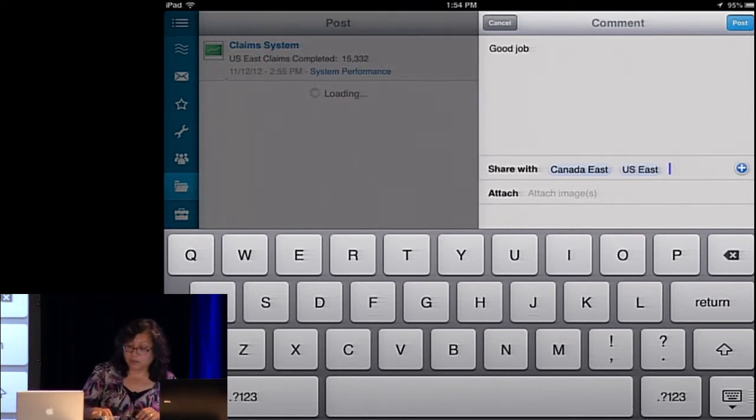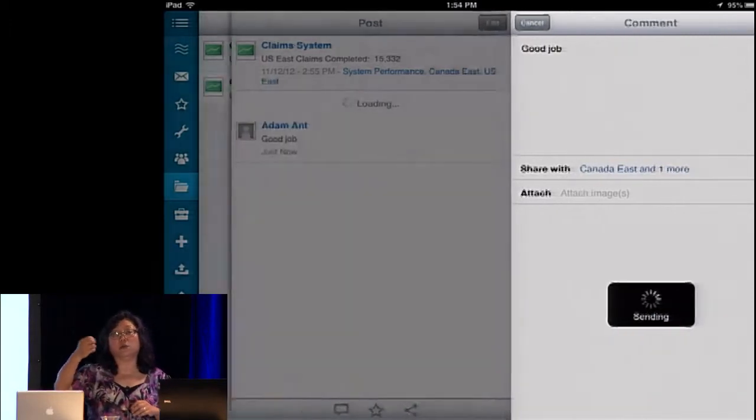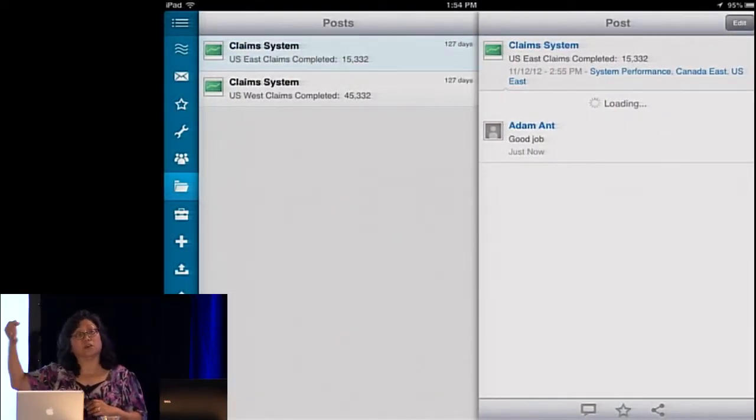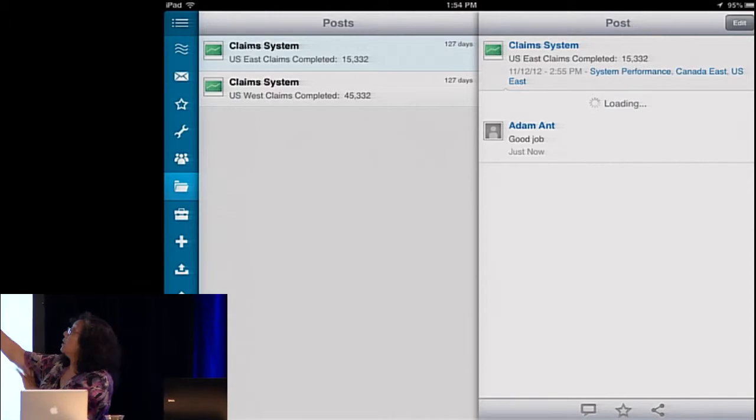And so basically, when I send this out, anyone who is part of those groups, because those groups are also following those topics, Canada East and US East, will get that little attaboy there. So again, this could be more information. There could be additional information that a manager might want to provide there, or less.